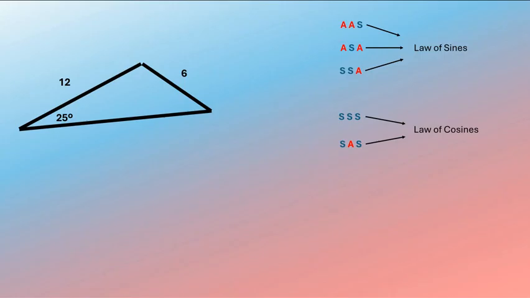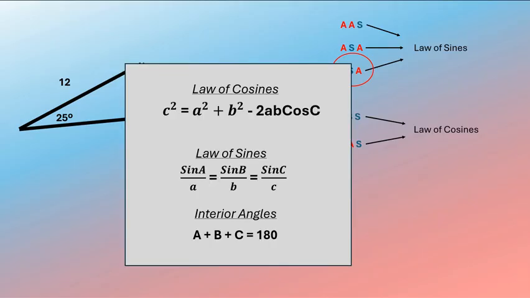So this triangle has two sides that we know are given and then has one angle. The angle is not in between the two sides, so this is an example of a side-side-angle triangle, right? And just looking at the three tools we have to solve non-right triangles: law of cosines, law of sines, interior angles, you'll see that this type of triangle belongs to the class of triangles that can be solved using law of sines. We do not have to use the law of cosines, which is good because the law of cosines